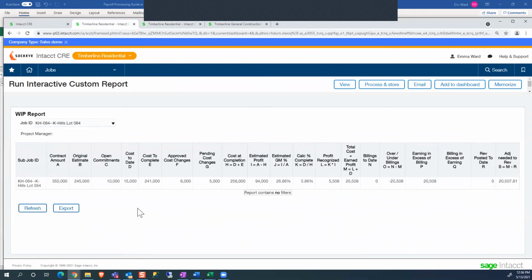Okay, so I've refreshed my report. You can see my open commitments now is $10,000 and my cost is $15,000. Also, it's used those calculations to see what my percent complete is. Right now I'm at 5.86% complete based off of that cost that I've incurred. So transactions would go throughout the month and you would be incurring the costs. You would be calculating your